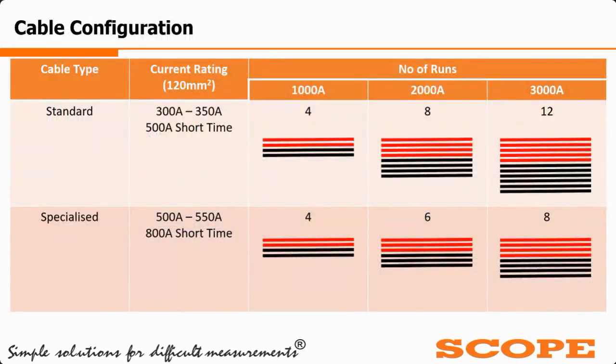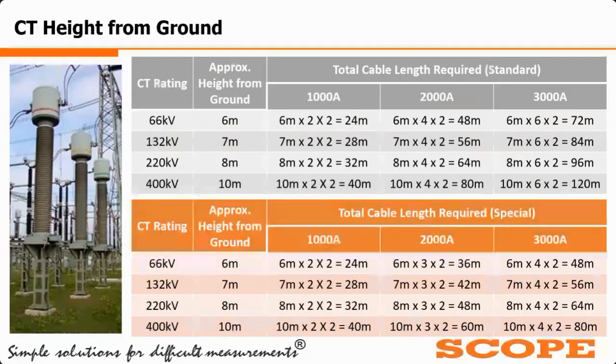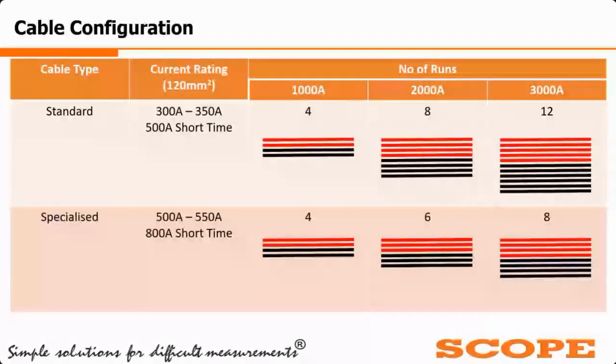Then cable configuration. This is also one of the important parts. Here you can see on the left side the cable type I have mentioned. For testing a current transformer, we normally need to inject current from the primary side, P1 and P2. So from the instrument, that is from the loading unit to P1, we require some cables, and for the outgoing side, or we can say from the P2 side, we require other cables.